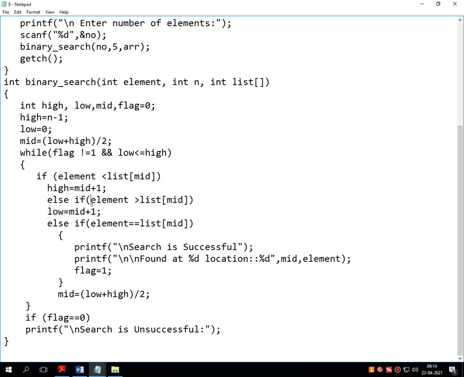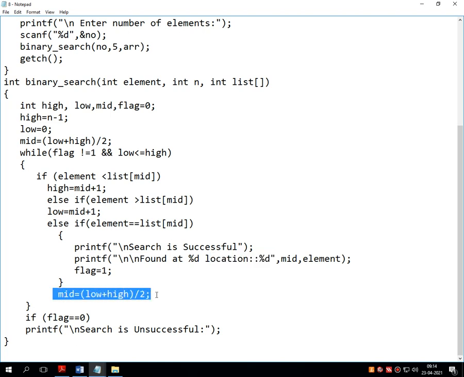It searches for the element on the right hand side, and on the right hand side it increases the value of low. Whenever the element is found in the list, it gives the message that search is successful, and it prints the location.